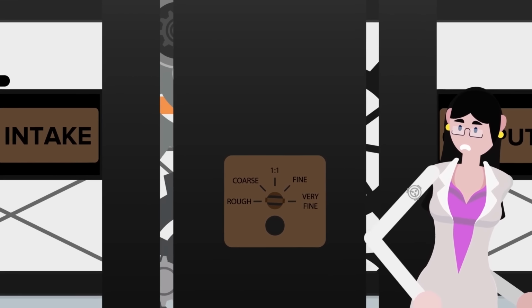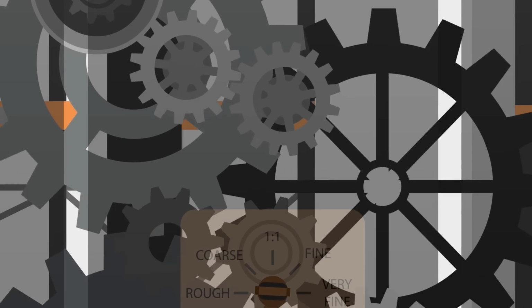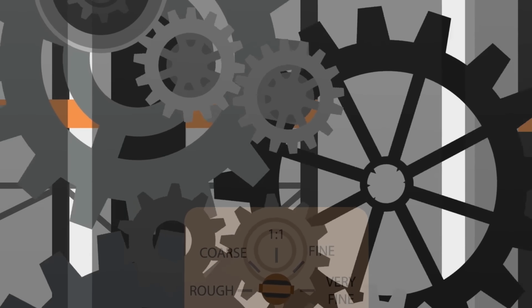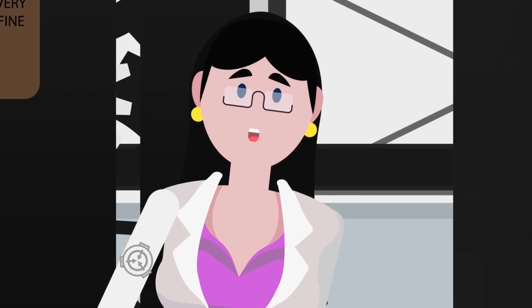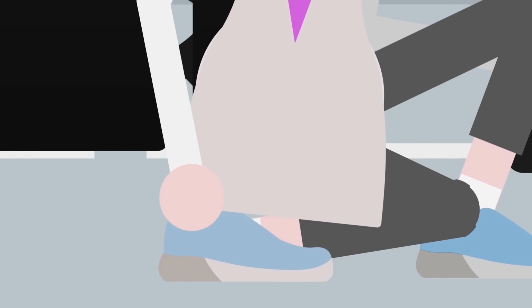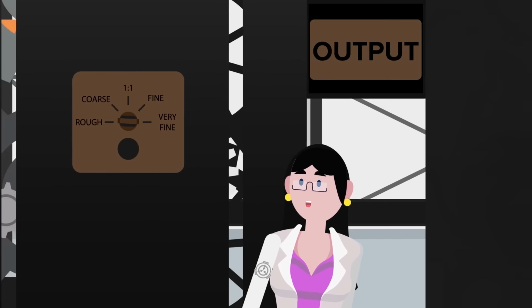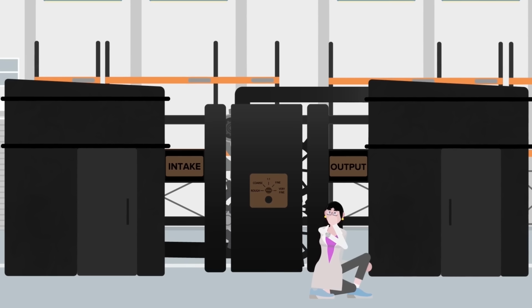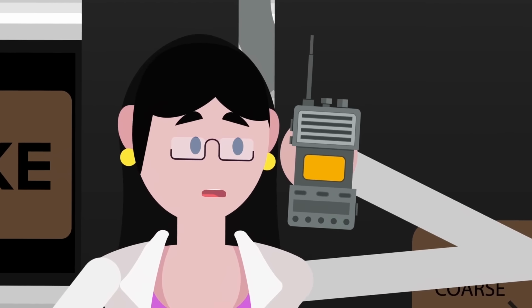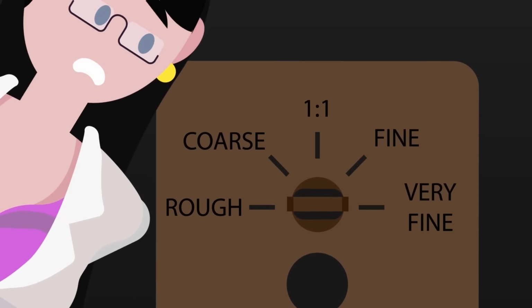Pesterbot landed inside the input booth, the enormous collection of clockwork components whirring and heaving as they sprung to life. The researcher hadn't even realized what was happening. She'd been addressing how much her foot hurt after kicking the small metal robot. By the time she looked up, SCP-914 had already fully activated with SCP-1370 inside. In horror, she sounded the alarm to summon security, with no idea what the Very Fine setting would do to